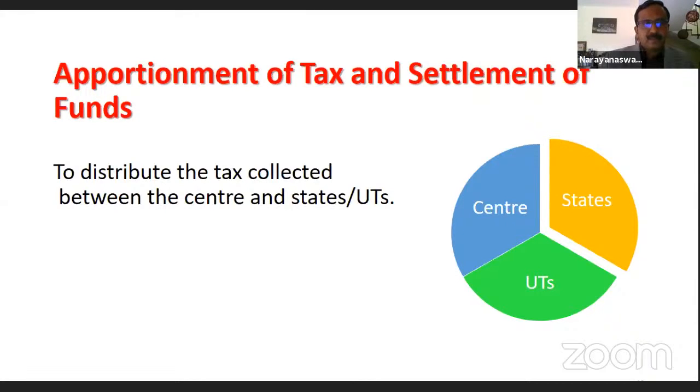The GST system looks complicated, particularly in terms of interstate transactions, because we collect IGST, which contains a state portion as well as the central portion. And there is a provision for the taxpayer to pay IGST even from SGST. So under these circumstances, somebody has to keep an account and give back that money, settle the funds to the states and the union territories and also to the center. So this mechanism is called clearing.